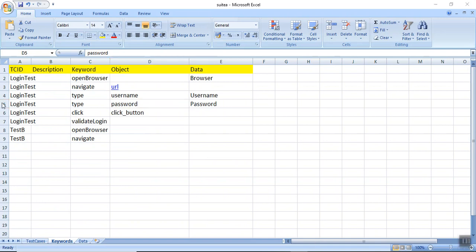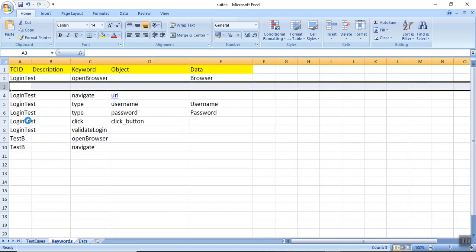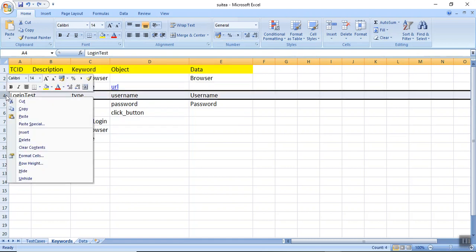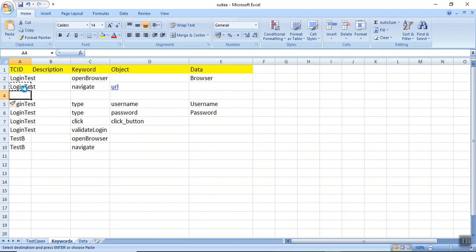Example, say what I do after open browser navigate, I introduce a new keyword, insert. Let me insert here. Okay, with the name as login test. Fine, and it is validate test title.